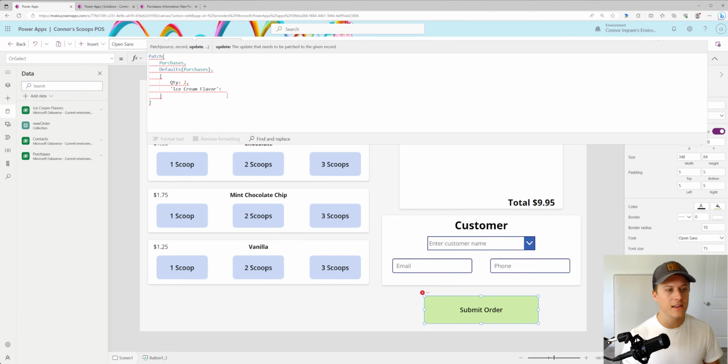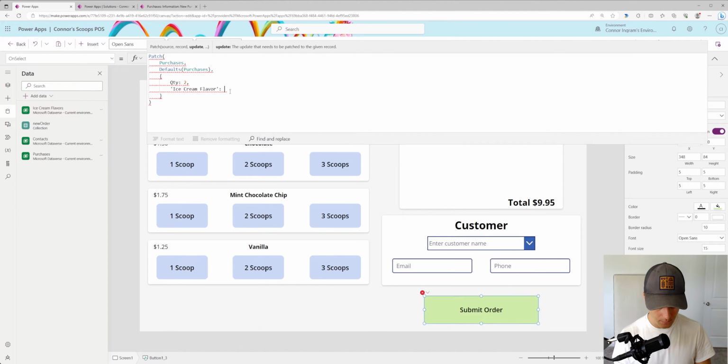And here, instead of a text value or a string value, we're going to use a record value. Again, we'll do this a little bit differently later on, but to keep it super simple, we're going to hard code this. Since this is a lookup field, meaning this field on our purchase table is looking up a value on another table,